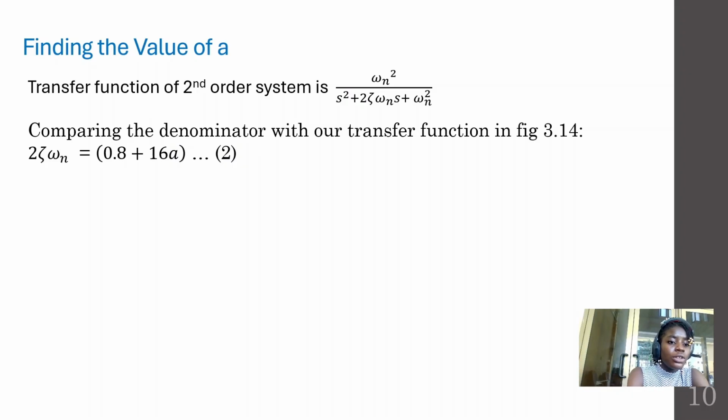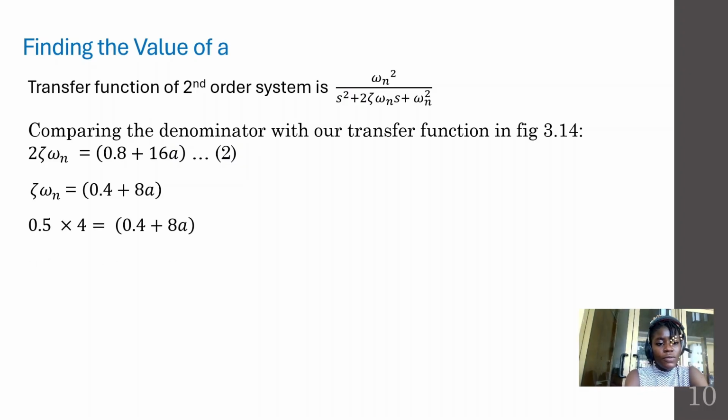So comparing, 2 zeta omega n is equal to 0.8 plus 16a, making us get our equation 2. Dividing both sides by 2, we arrive at zeta omega n is equal to 0.4 plus 8a. Now we substitute the values of zeta and omega n, which is 0.5 times 4, equal to 0.4 plus 8a, making us get the value of a to be equal to